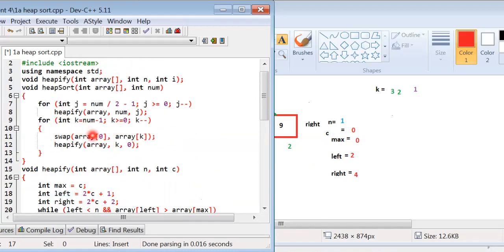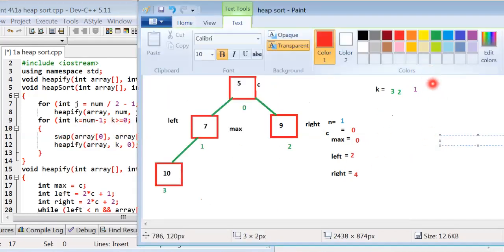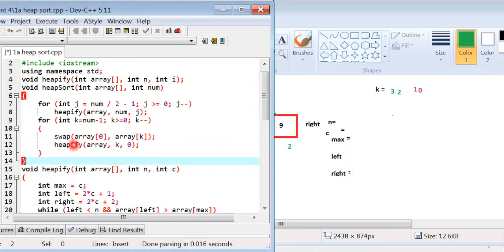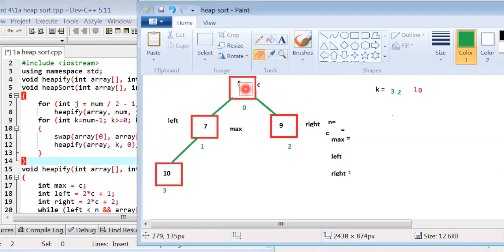And now the value of j is decremented. Now j value is 0. This is removed. Array index 0 and k value is 0. The value at 0 is 5 and the value of k is 5.